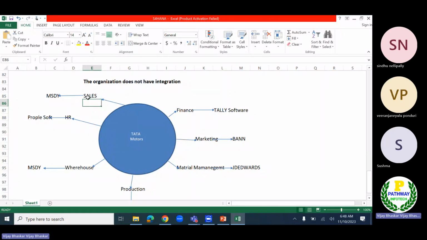The sales department needs to inform the production department. So let us assume we received orders. Let's assume our business organization is a manufacturing industry. So now Tata Motors, they received an order from the customer. The customer would like to buy, let's say, 10 vehicles. So the marketing department, sales department will inform the production department: we have orders from the customer which need to be delivered within a 2 months or 3 months period, depending